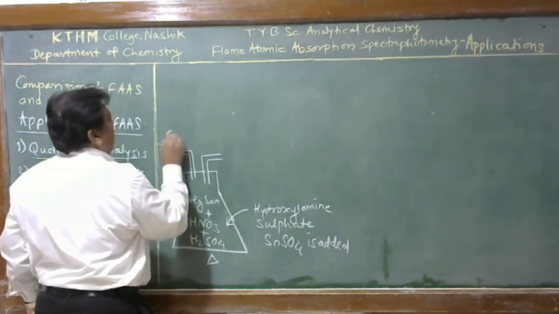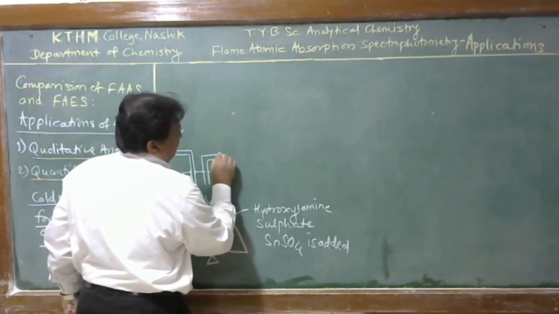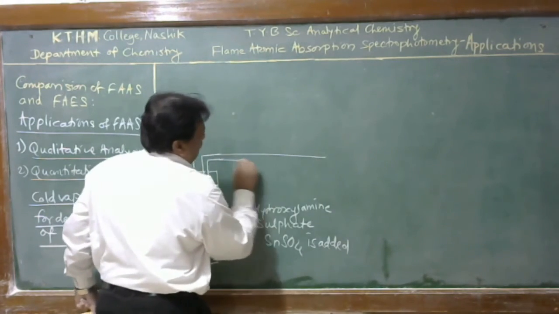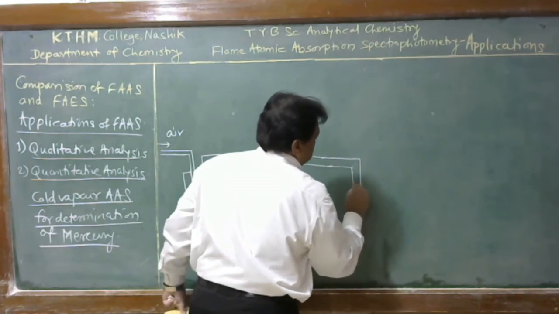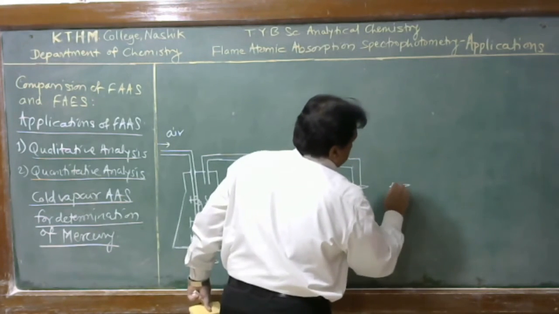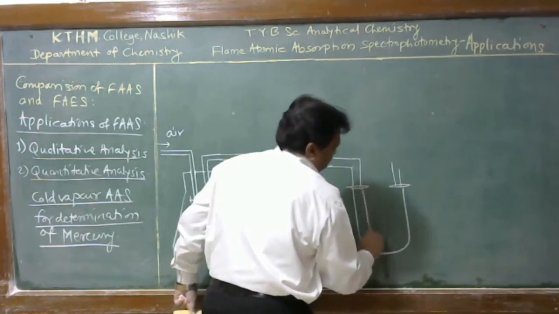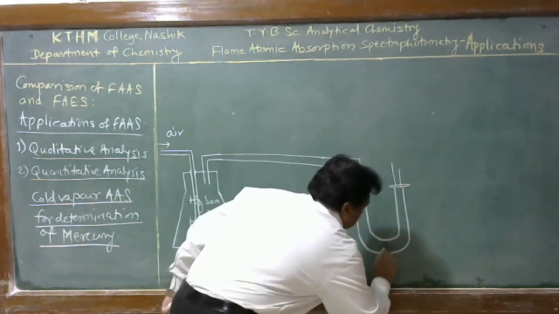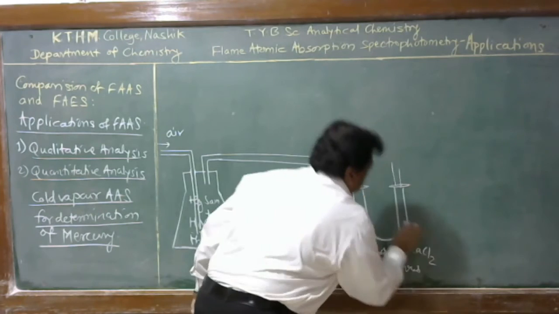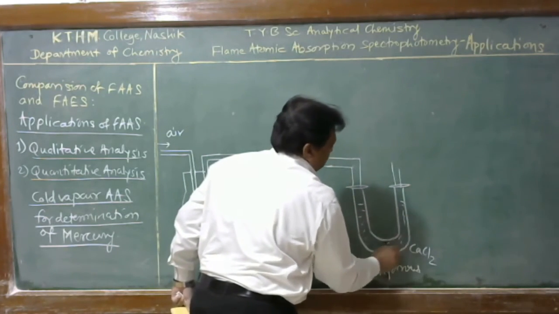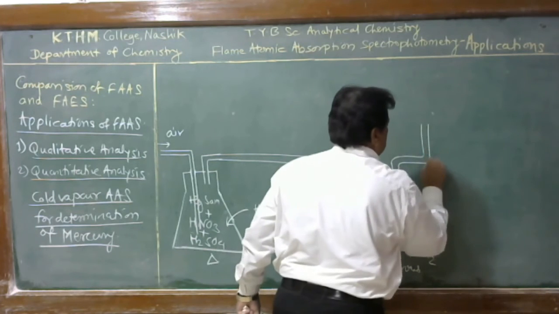And here air is flowed through this solution, and finally this is given into a tube where the dehydration is carried out, that is a removal of water. Here anhydrous CaCl2 is present in this tube, therefore it absorbs the H2O, and this air is then given into a sample cell